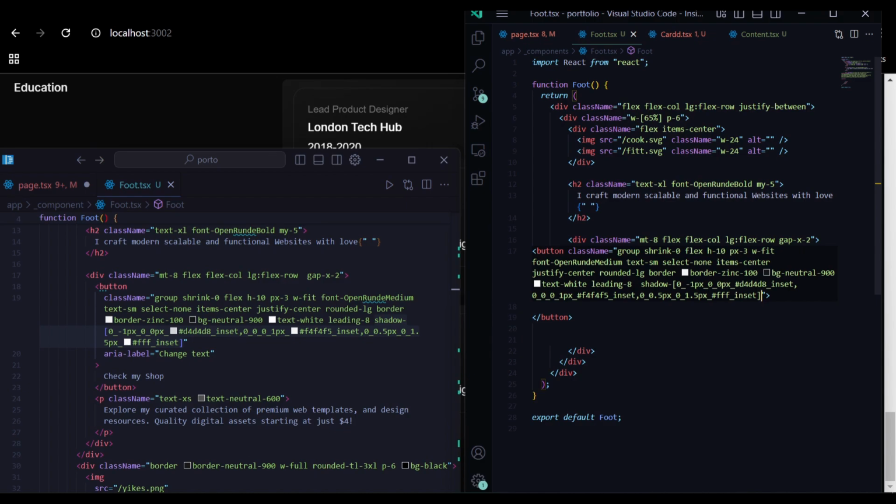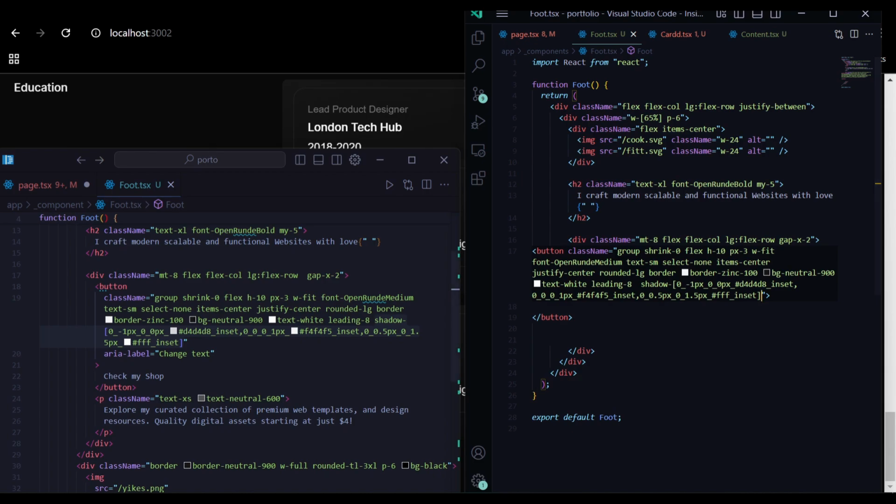So shadow, give it a 0 to an L underscore 1 pixel and 0 underscore 0 pixel. That's for the top, the bottom, the right, the left, and also the color for the shadow, and insert it,